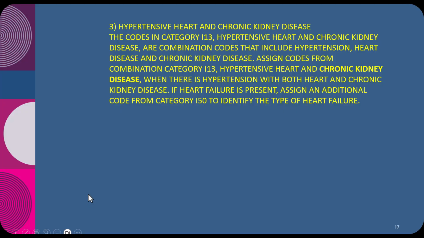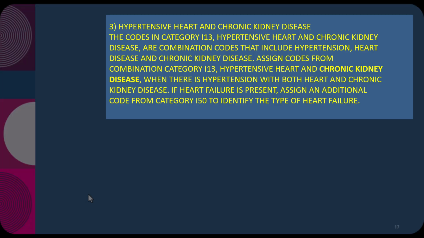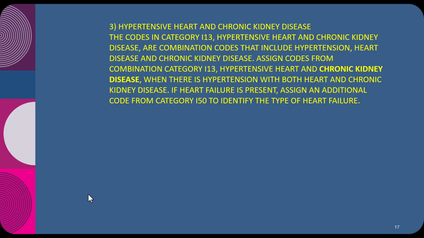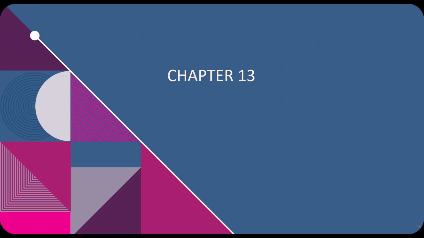Now, when you have hypertensive heart disease and chronic kidney disease, you have codes from I13, hypertensive heart and chronic kidney disease. They're combination codes that are used for hypertension, heart disease, and chronic kidney disease. Now it's also telling you to assign codes from I13, hypertensive heart and chronic kidney disease. You'll more than likely also have to include the stage of the chronic kidney disease. So that would be N18 if memory is serving correctly. So from chapter 13,